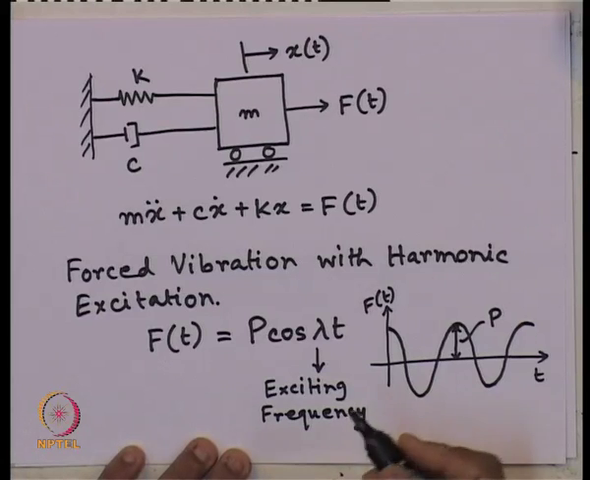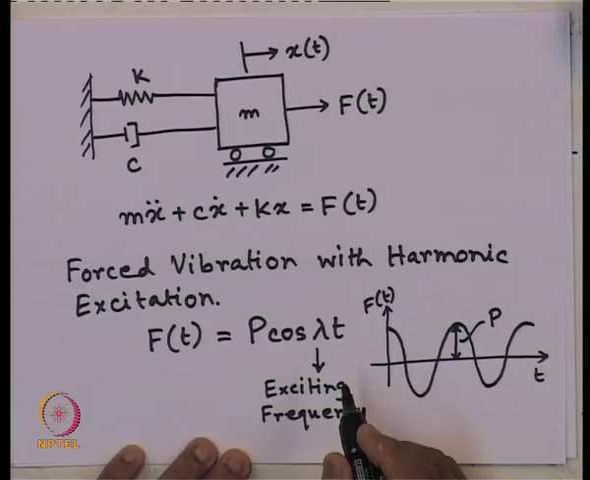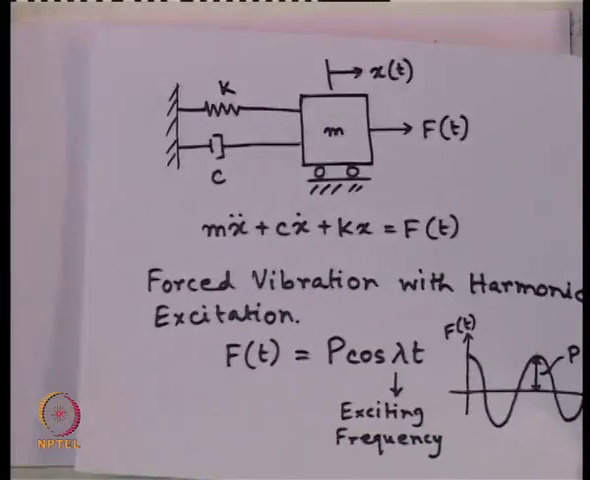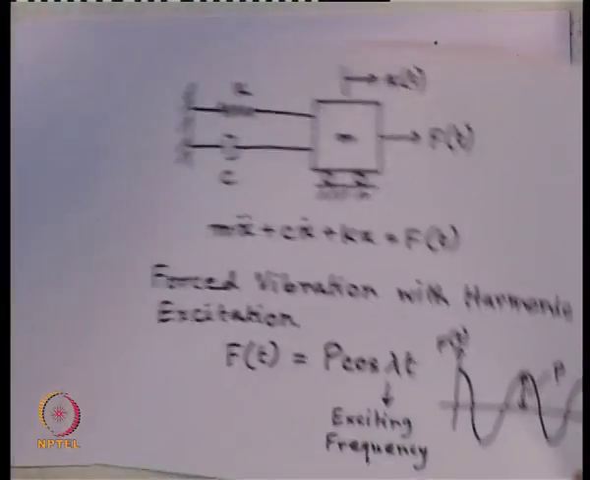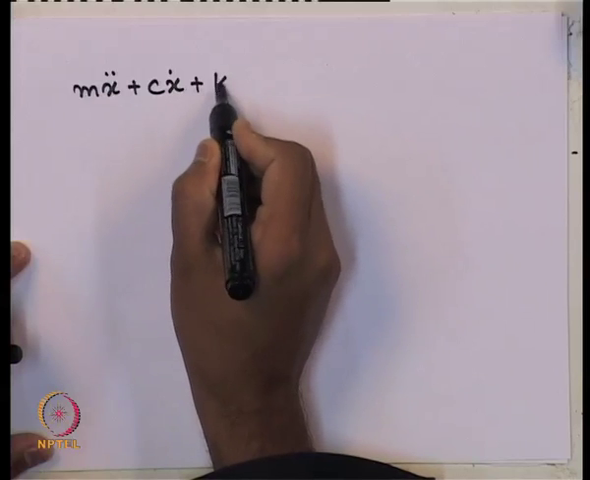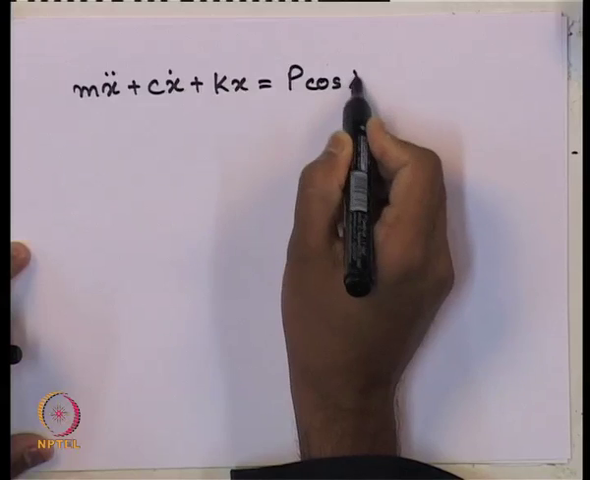That is the frequency with which the externally applied load or external excitation has been applied to the system. So, with this, now the governing equation of motion for this particular case of forced vibration subjected to harmonic excitation, we can write like this: m x double dot plus c x dot plus k x equals p cosine lambda t,